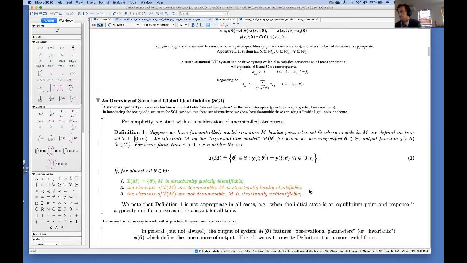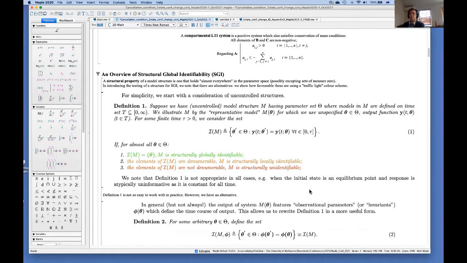I have talked about structural global identifiability before. It's what I spent a lot of time on. We will just worry today about the broad picture, which is if you had an infinite record of error-free data and your model, is it possible in that idealized case to obtain a unique solution? And you want to be able to do that almost everywhere. So regardless of what the true parameter is, you want to be able to return that from your idealized data. And you may not have that property, and then you have to distinguish between solutions, or that may be impossible.